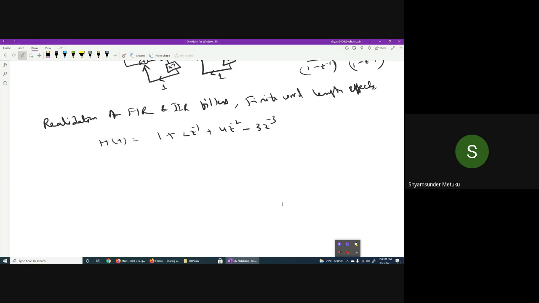But with only FIR, do you think any feedback is there here? No, sir, because the denominator is only equal to 1. Yes or no? Yes, sir. So when there is only a polynomial in the numerator and no denominator, you can consider it an FIR structure. How do you implement this?